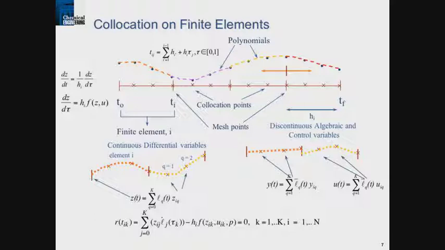And so what you see here is this form here where we apply this at finite elements. We have collocation equations that look like this, and we have polynomial approximations in each element, piecewise polynomials. For the differential states, the algebraic states, we actually don't enforce continuity between the elements. We don't need to. And if we have control profiles, then in that case, again, we don't enforce continuity between the elements. So this is basically how we take our DAE problem and turn it into a fully algebraic problem.